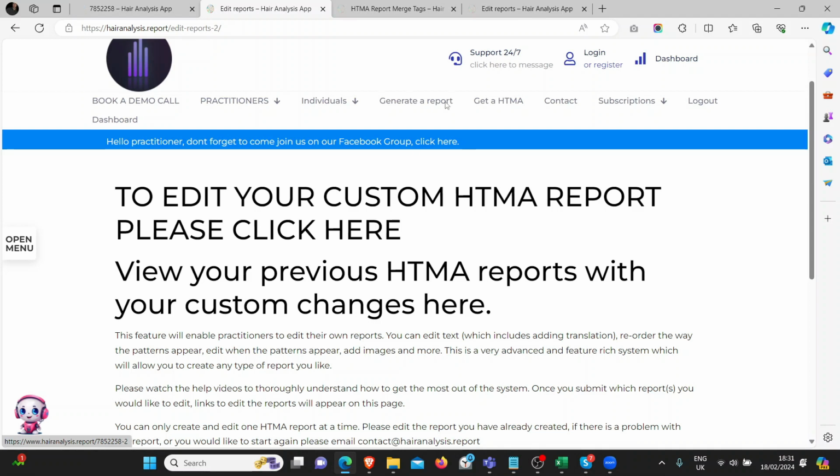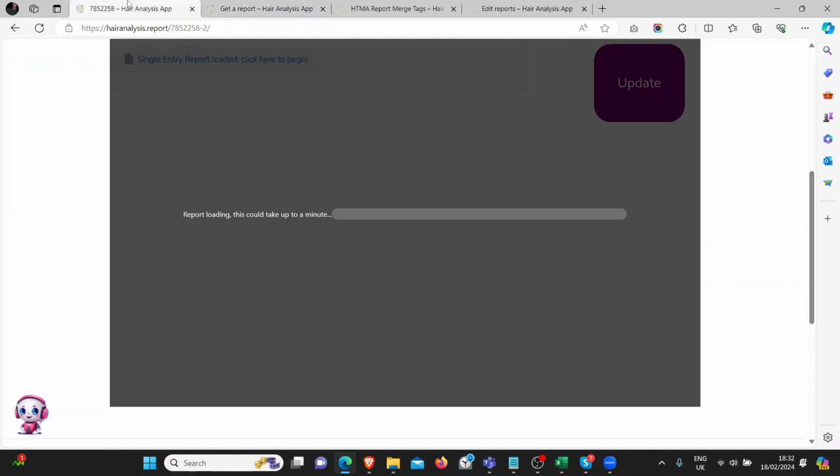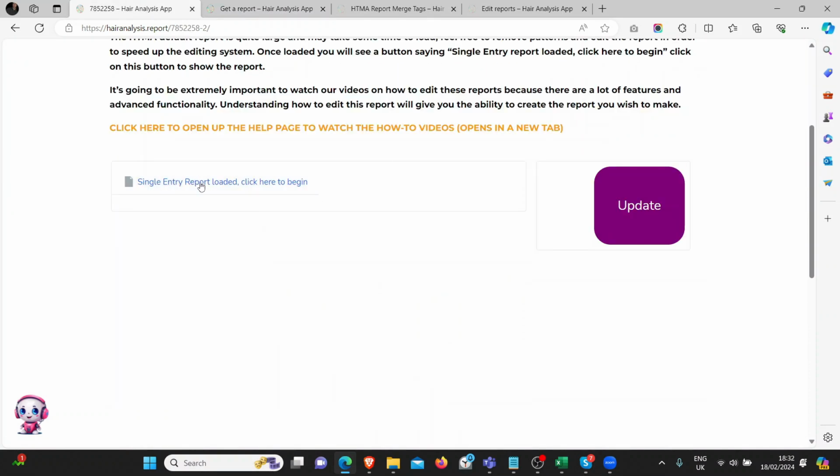Also, when you generate a report as normal and you go through the report generation system, once the report's generated, there'll be a link at the top of the report that you can click on that will allow you to view that report as your edited version. So if you make any edits on the editing page, you'll be able to view the edits for any new